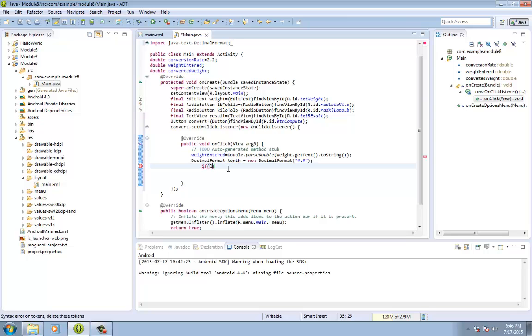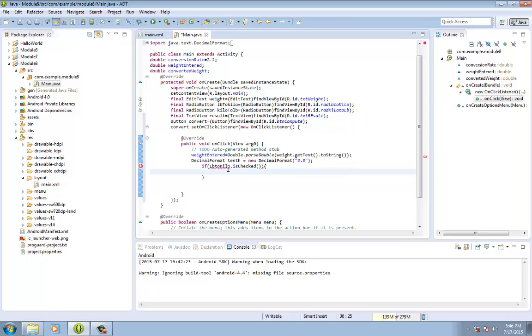if lbToKilo.isChecked, convertedWeight equals weight, or converted weight rather, equals weightEntered slash conversion rate,